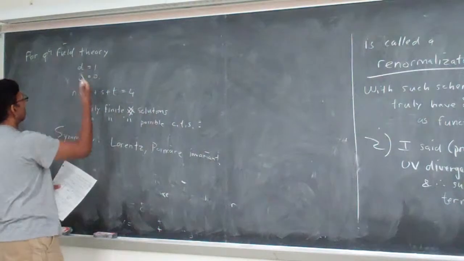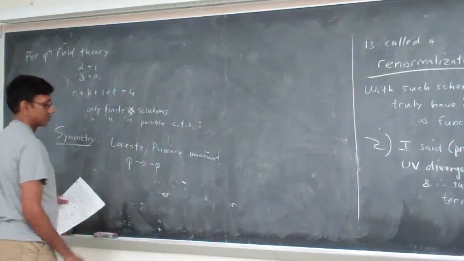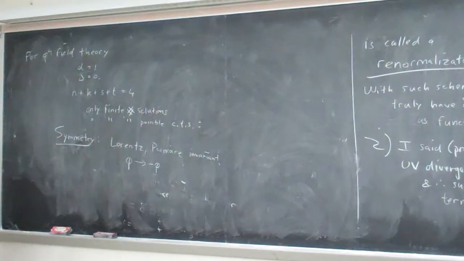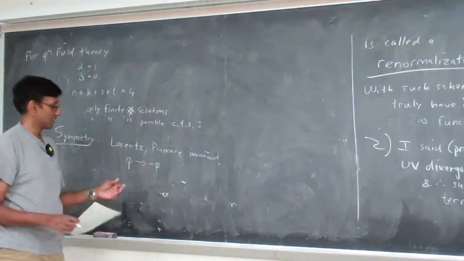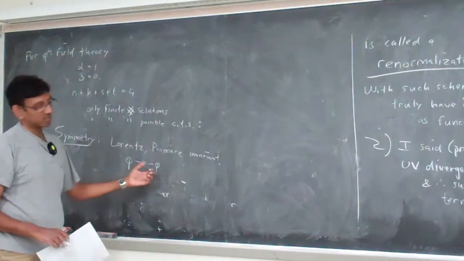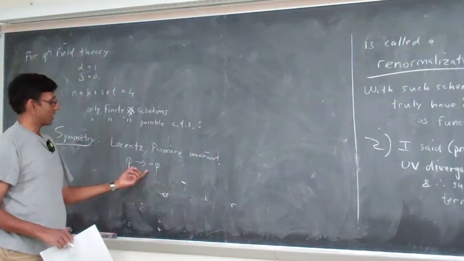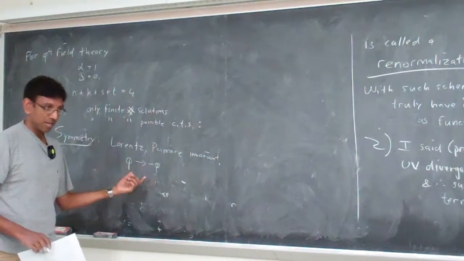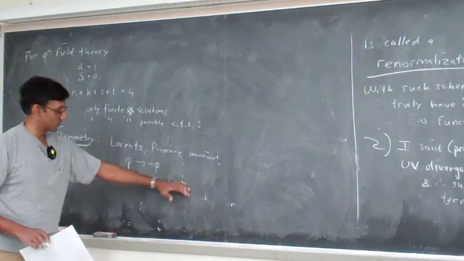But in the case of phi to the fourth field theory, we can insist on this symmetry. Okay? So if I start with an action which has this symmetry, I can show you an explicit regulator like Pauli-Villars or something similar, which respects this symmetry. There's no conflict with having a regulated measure for the path integral and having this symmetry. So this is a good symmetry.